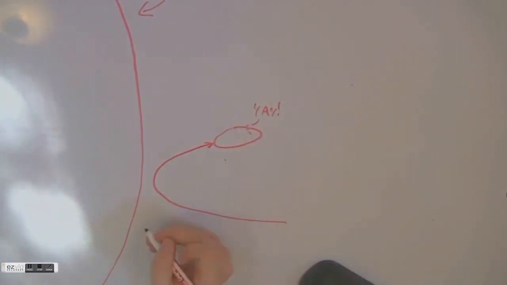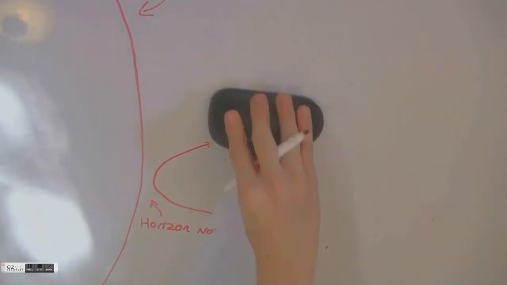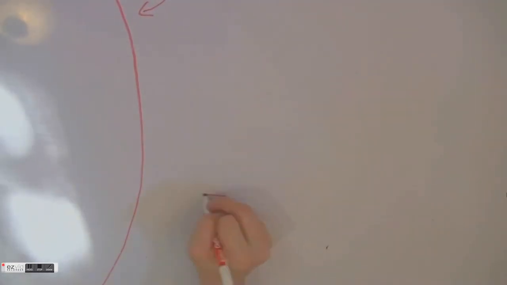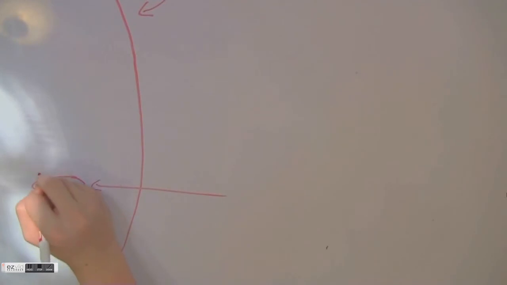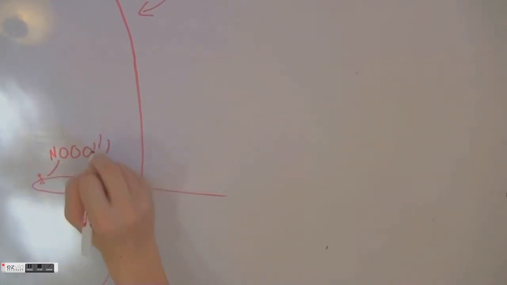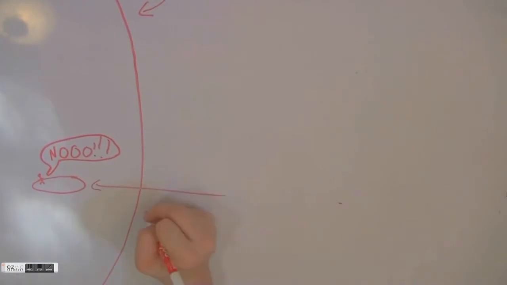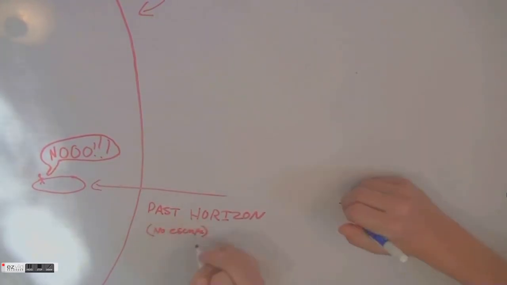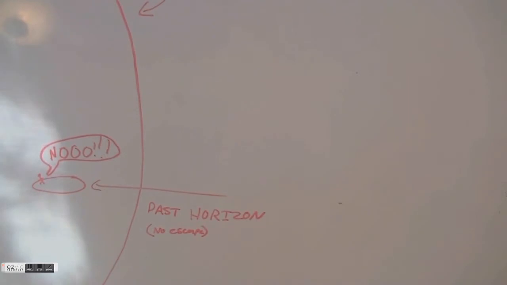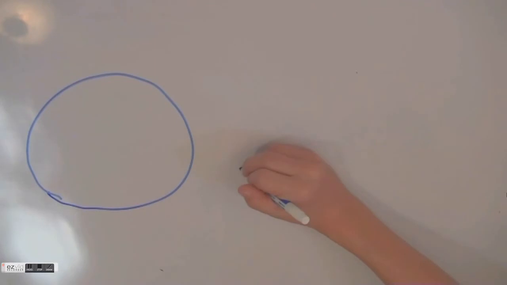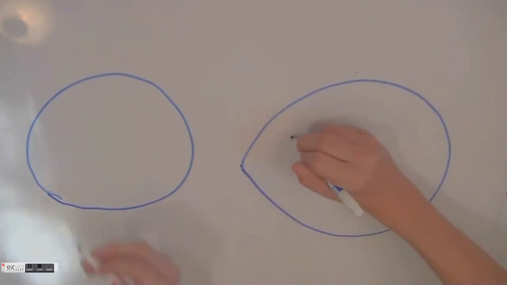So now every black hole has what's called an event horizon. Now the event horizon is basically the edge of the black hole. It's the point of no return. On one side you have the black hole and the singularity, the other side you have freedom. If you go past this event horizon, you cannot go back. You cannot generate an escape velocity fast enough to escape the gravitational pull of a black hole. However, if you do not pass this horizon, you can still escape and you can still live your life out however you choose.